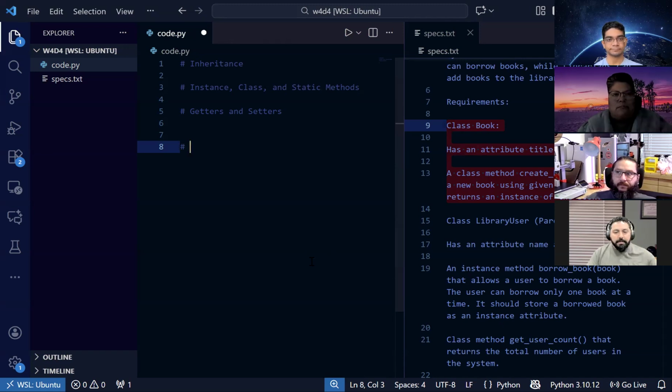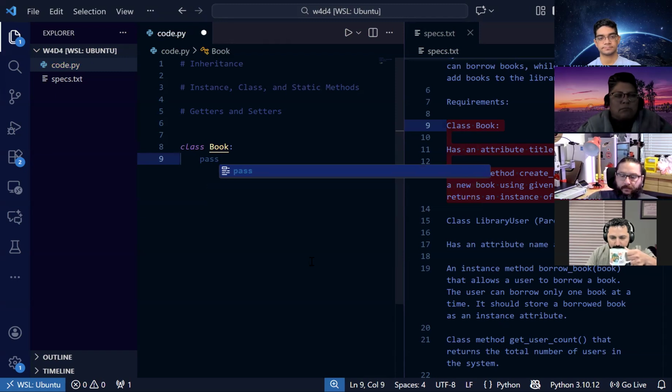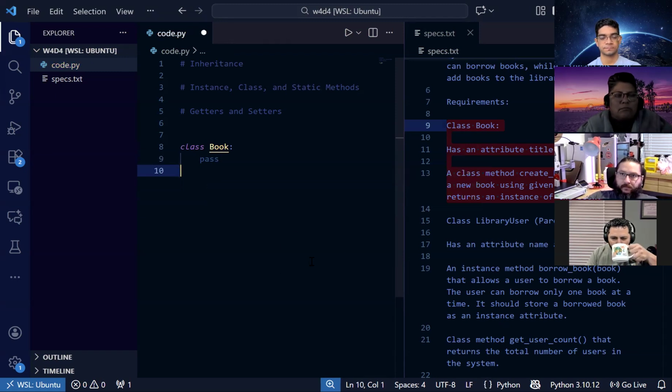Okay, gotcha. So we start with the book class. Of course, the book class will need two attributes, the parameters for title and author, and then a class method, a function that's going to fall under the class, called createBook, and then